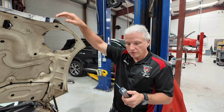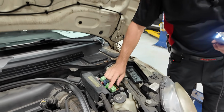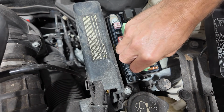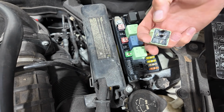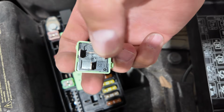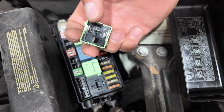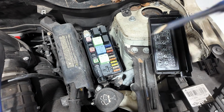And here is what happens. Let's just say, perfect example here, you've got this relay. Whatever this relay is supposed to turn on is not coming on, right? So somebody will go, well, I want to just turn it on. Because in reality, what you've got in this relay is a power in, a power out, and then some way to control it, okay? Now that's a 5-pin, so you've got power out all the time on this one when it's not on. But in this case, you'll get somebody, and they'll come in here,